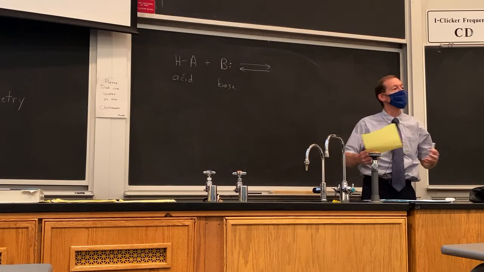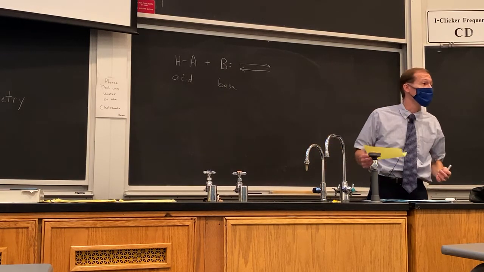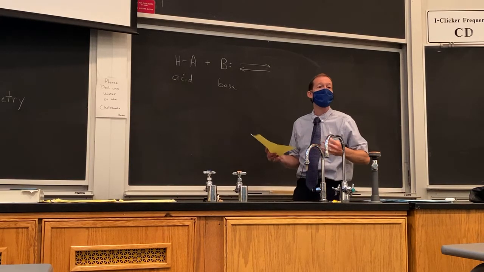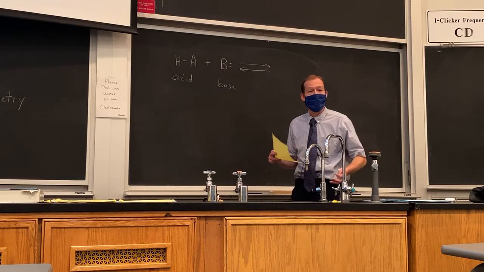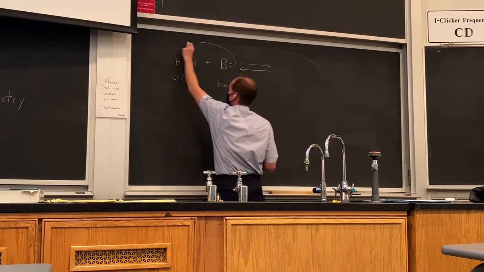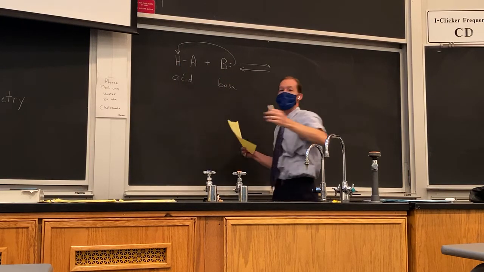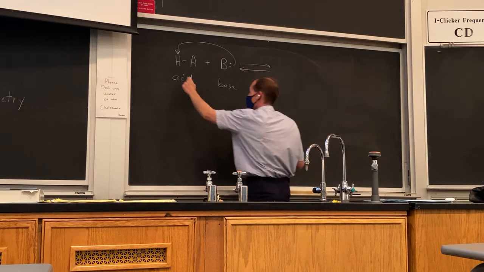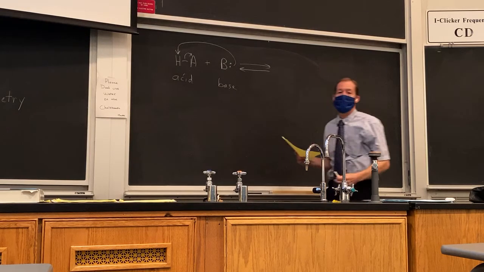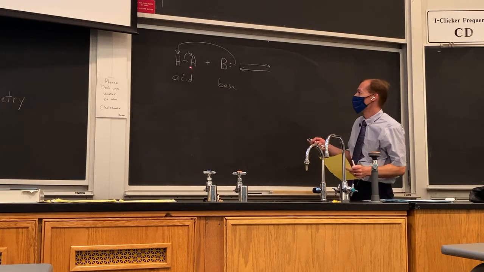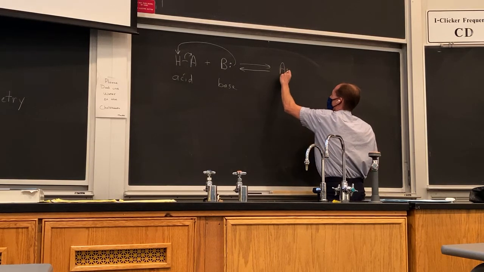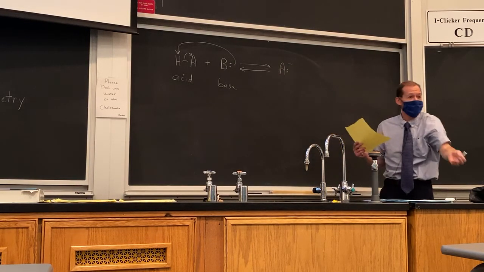Acid-base reactions are equilibria, so we're going to use equilibrium arrows in this case. And we're going to use curved arrows to show the movement of electrons in an acid-base reaction. So the lone pair on our base is going to deprotonate our acid. That's going to cause the sigma bond between H and A to break, and the electrons will flow towards A. And so what we're going to end up with is A minus